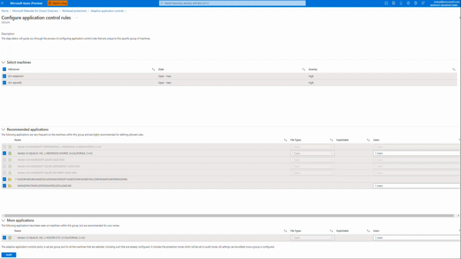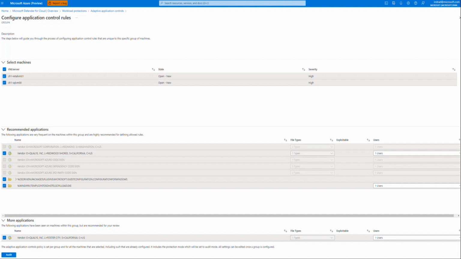Now, on top of that, if it finds other applications starting to show up and run on some of these machines, it will start to flag it. Right now, do understand that there is no enforcement option. I can't prevent any other application except these recommended applications, which are basically the whitelisted applications, and deny any other application from running. Defender for Cloud doesn't have that capability, but at least it will show up on the reports